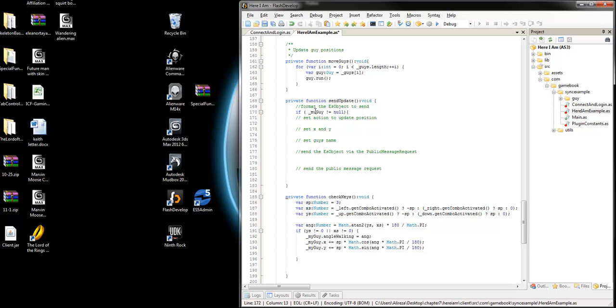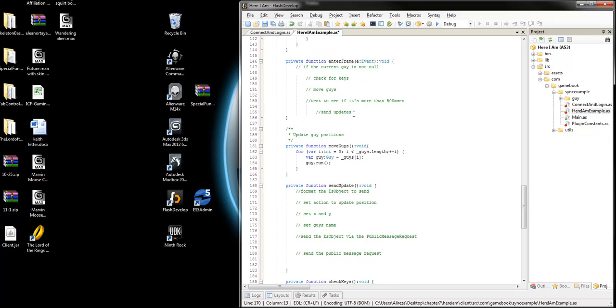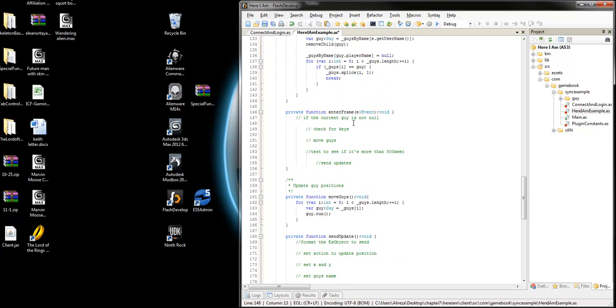If the guy is not null, oops, I'm working in a different file here now. So in the frame, we test to see if the current guy is not null. And if it's not, we check for keys basically